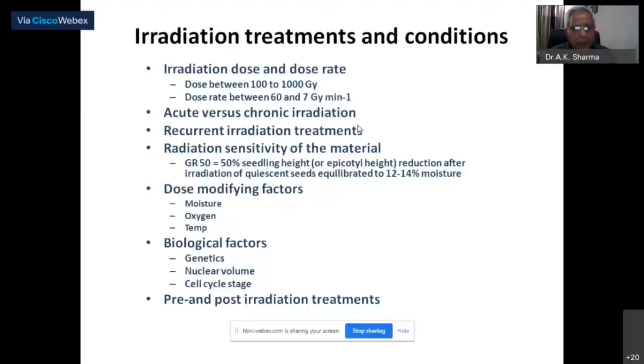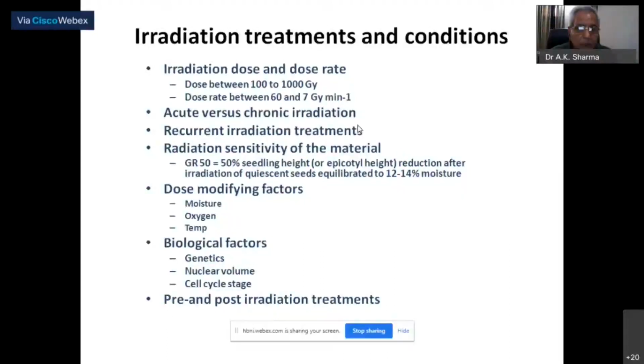Of course, the inherent part depends on the biological factors, for example, genetics. And in genetics, it is very important. There is an inherent ability of the cell to repair the DNA damage. So it may be different in